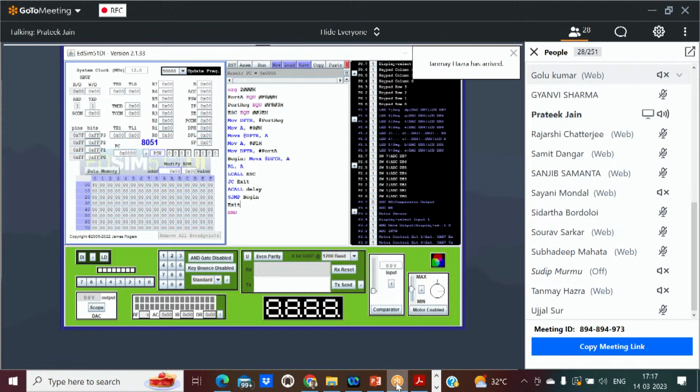Then again exit. The label is required to be assigned. So what is the label for the exit? It is MOV A, #0AH, which means 0AH. So right now, after this exit label, definitely we have your accumulator value